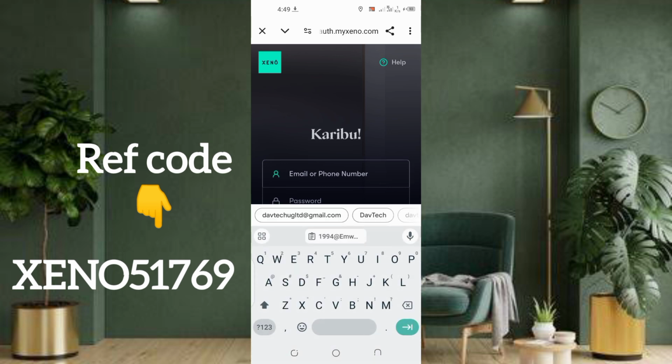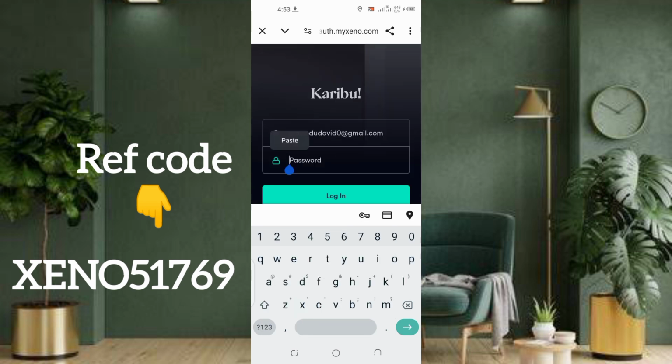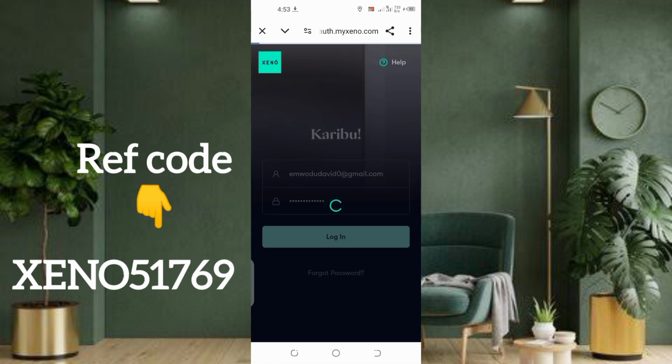So here I enter my email address, then I enter my password, then I click on login. So now let me enter my email address and password. Then I click on login. Yes, I have now